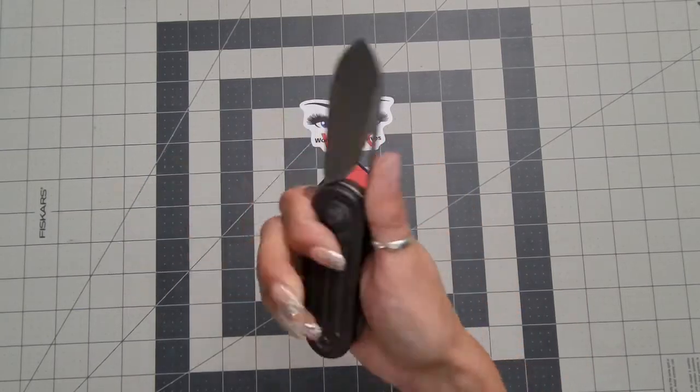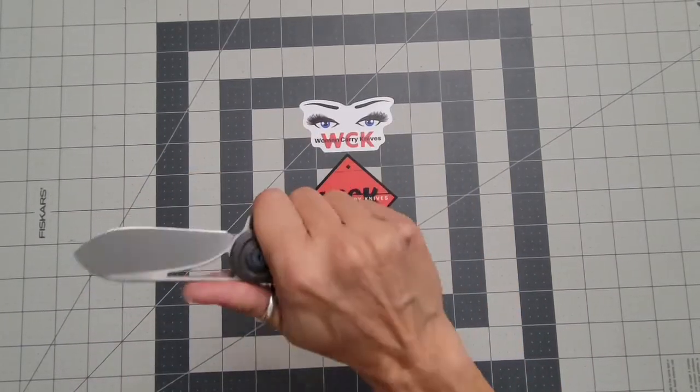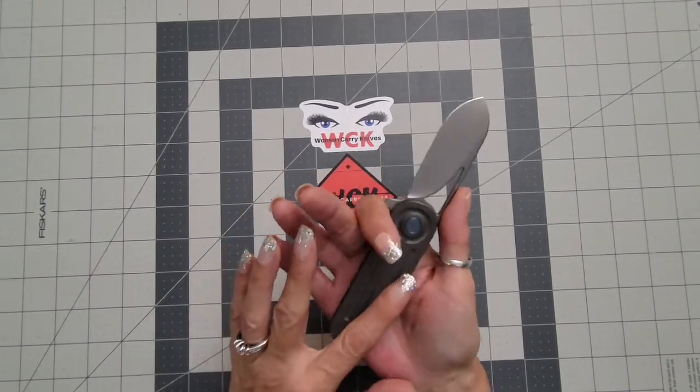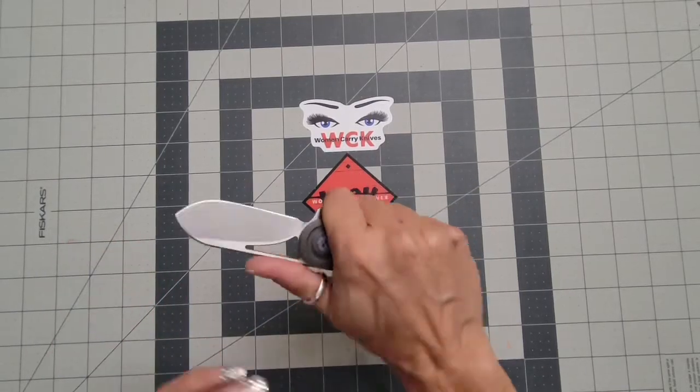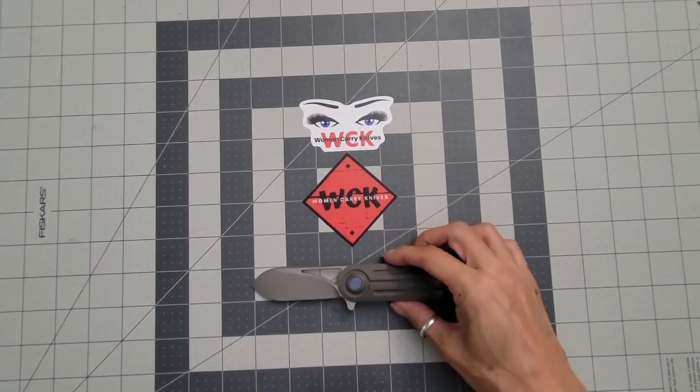I'm really loving this. Because of the width of the handle, you're getting a full grip on that. So I think even though that is a smaller blade, larger hands would get a good grip on this one. And I do like that about it. If we take a look at the